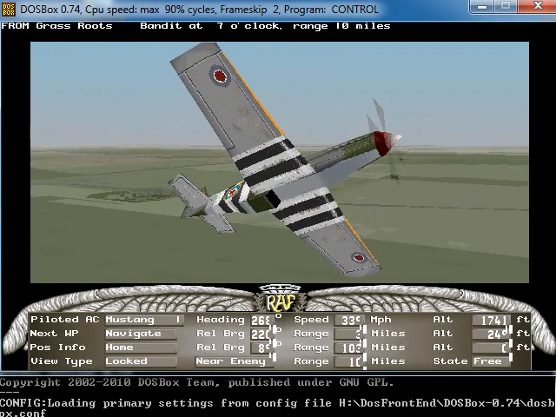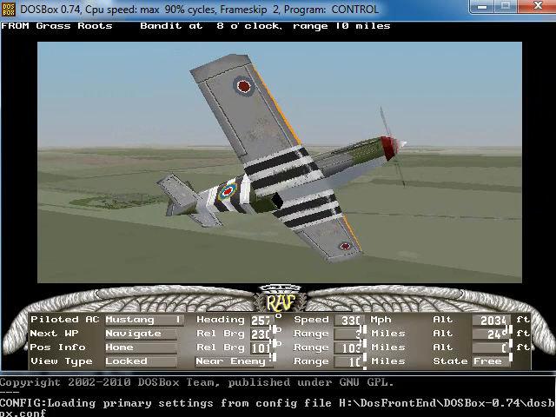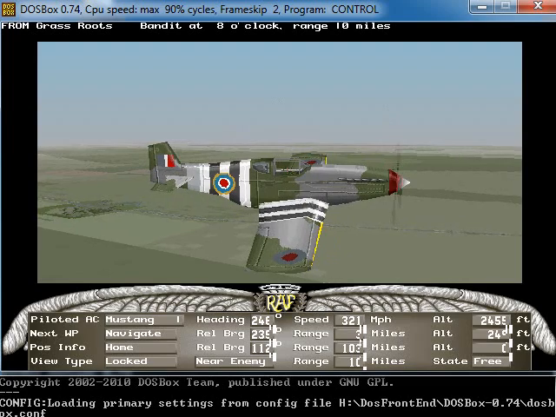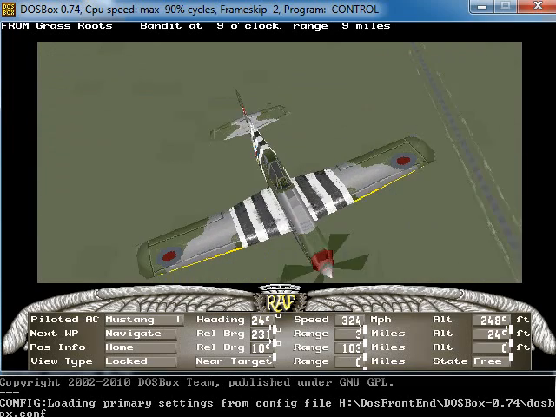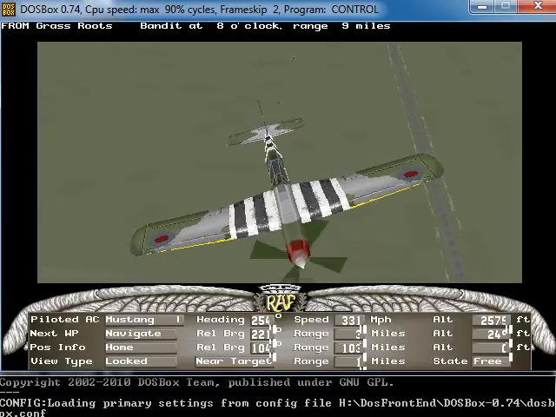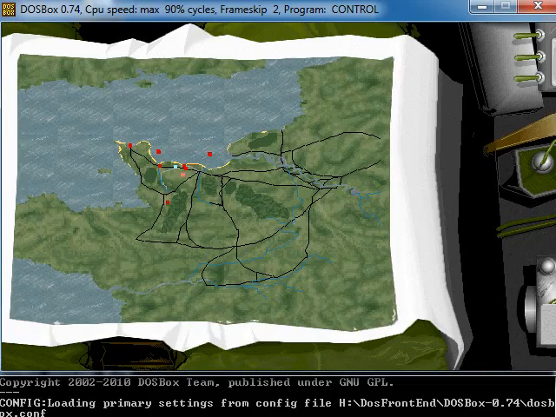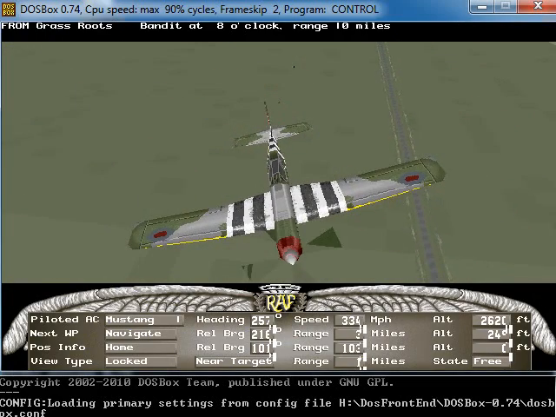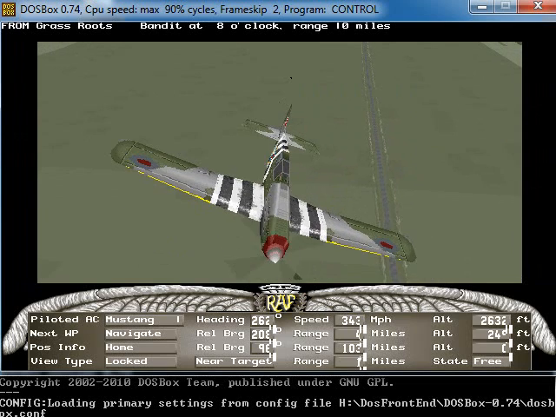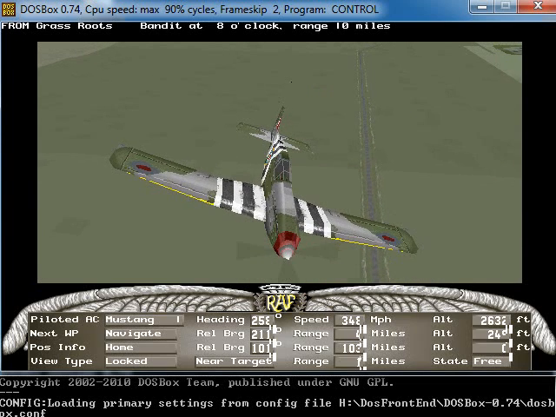No, those fighters are still 10 miles away. They're probably engaging other pilots, other Mustang pilots, really. Which is obviously bad. I've sort of left them to fend for themselves. But...